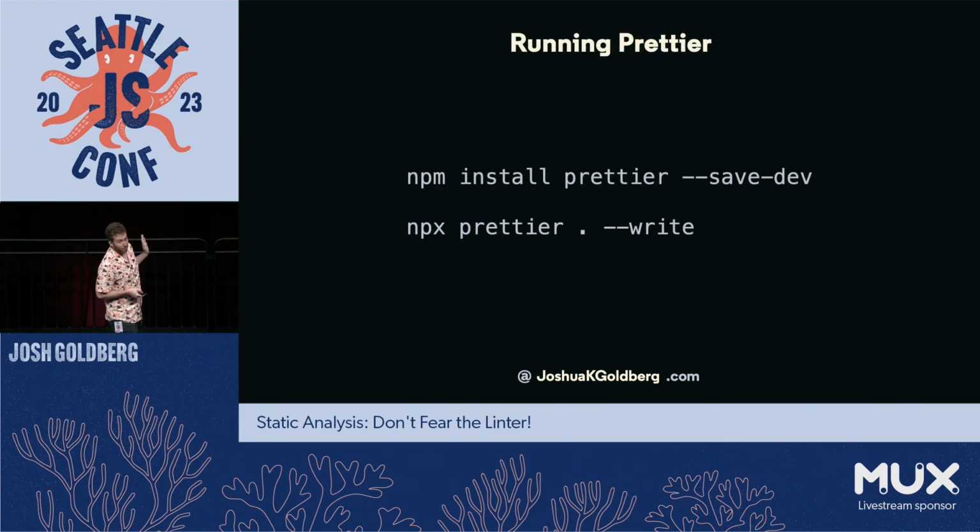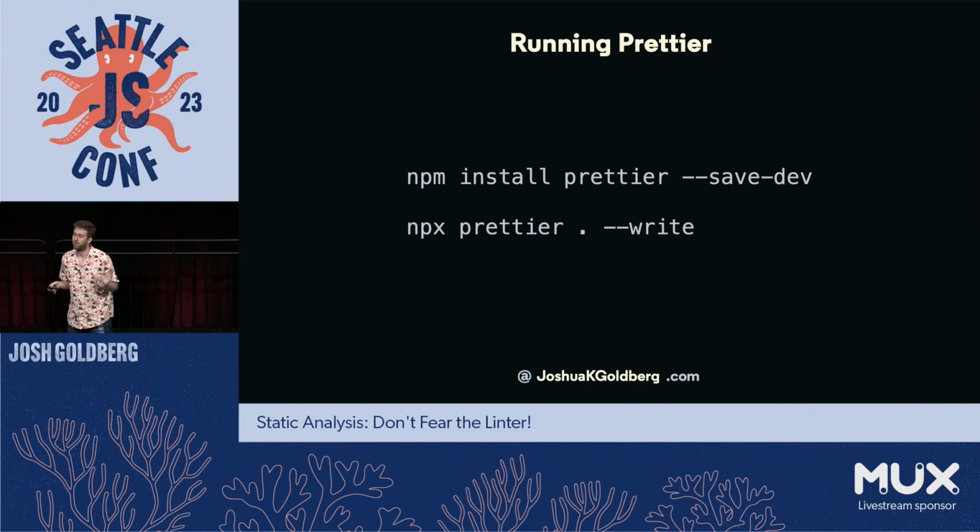Now, if you want to get started with Prettier, which is the most common JavaScript formatter, not the only one, but a really good choice, npm install prettier --save-dev or whatever equivalent package manager, and npx prettier --write. Now, for each of the 3 to 4 tools that I'm going to show, I will show you some kind of installation setup command. It's okay if you use a different one. For example, Deno is lovely and comes with a lot of these things built in, like deno fmt, short for format.